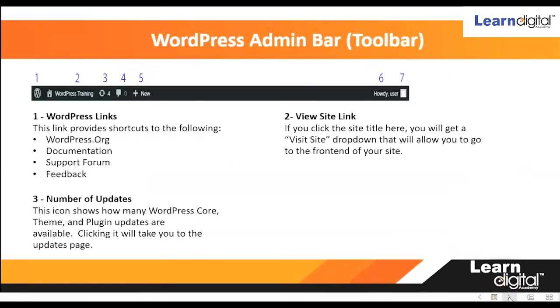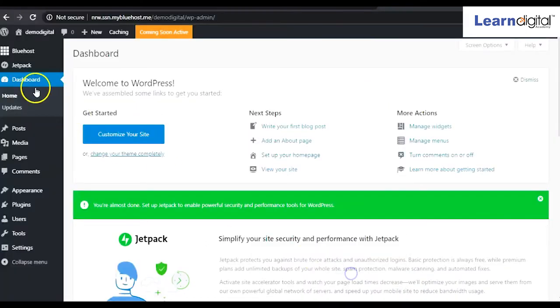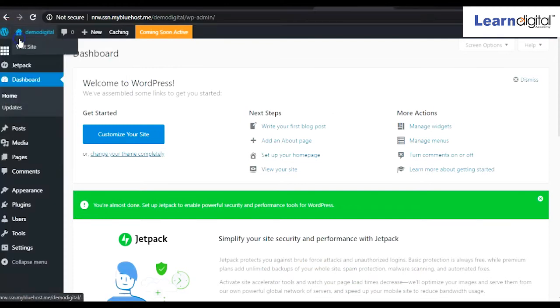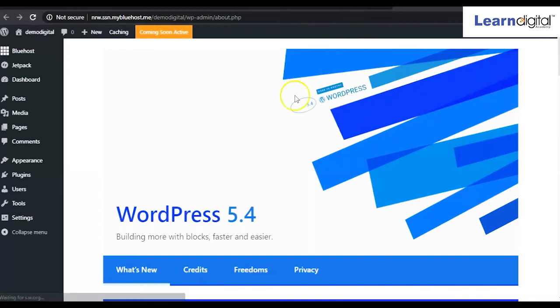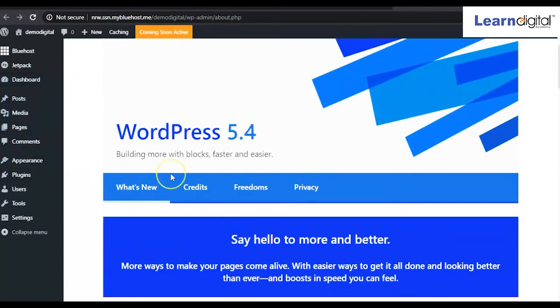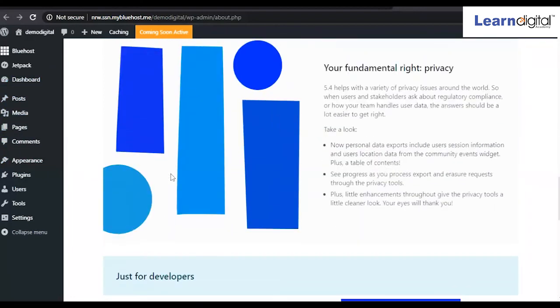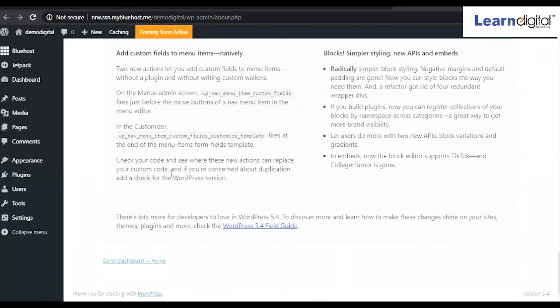Now we'll understand what the things over there are and what the options are, how it works, right? The first thing here you can see, number one, is called the WordPress link. That means this is the WordPress link. If we click on this one, see what happened. The same thing, that means you'll be able to see the dashboard like this one. It will redirect you to the WordPress site, that means the guide site.